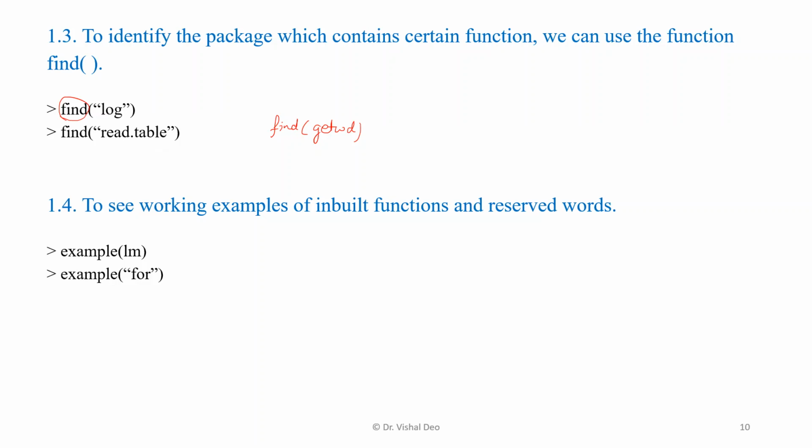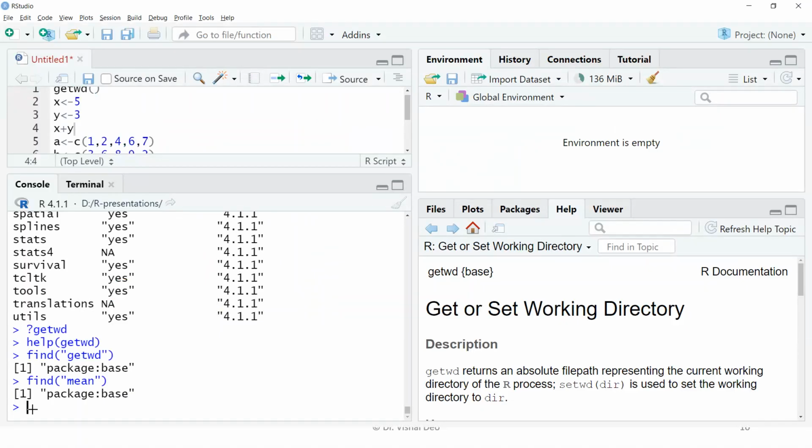And to see working examples of inbuilt functions, again this is very helpful. I keep on using it because sometimes you forget what arguments you have to pass, or in which order. So you can get help through examples, very elaborate examples are given. There is a function called lm, which is for linear models. Or suppose you want to find examples on mean, you can simply use